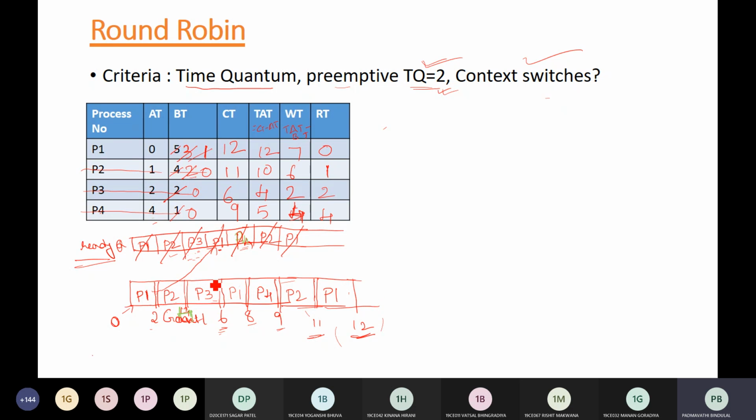And you already know what happens in context switching. You are saving the current state and reloading the new state. So in this example the context switches are 6. Simply calculate this way and leave out the first and last, because in the first phase you are not switching anything, you are starting with P1. Before that the CPU was idle. And after the last process execution, the process has terminated, no new process is loaded. That means there also was no context switch. So only when you save the current state and reload a new process do we consider it a context switch. And here you have 6 context switches.